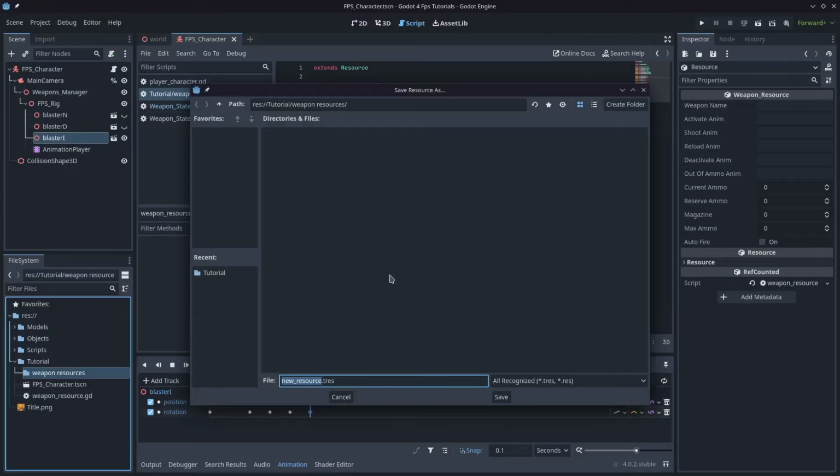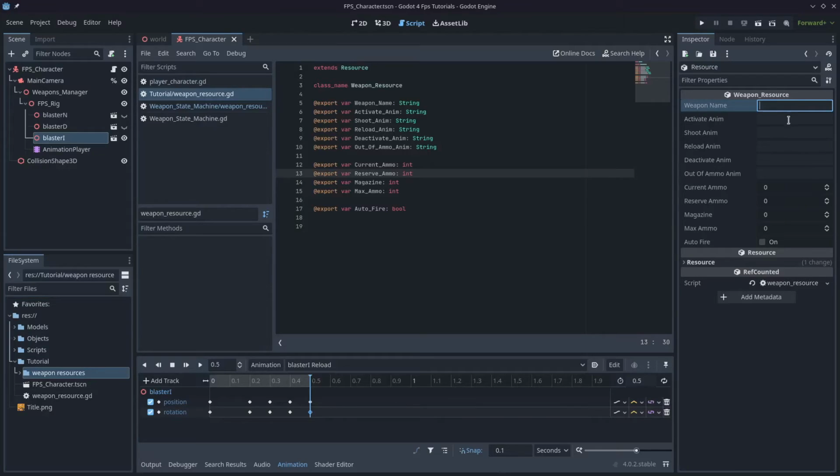Okay, so I'm just going to name these the exact same as the actual weapon models, just so that I know what they are, nice and easy to keep track of. And you'll see we've got our first setup here. We've all got these variables up here. I'm just going to type them in, the name of the weapon, blaster N, I'll copy that and I'll just come down. Now the most important thing is when you're putting in these animations, make sure that they absolutely match